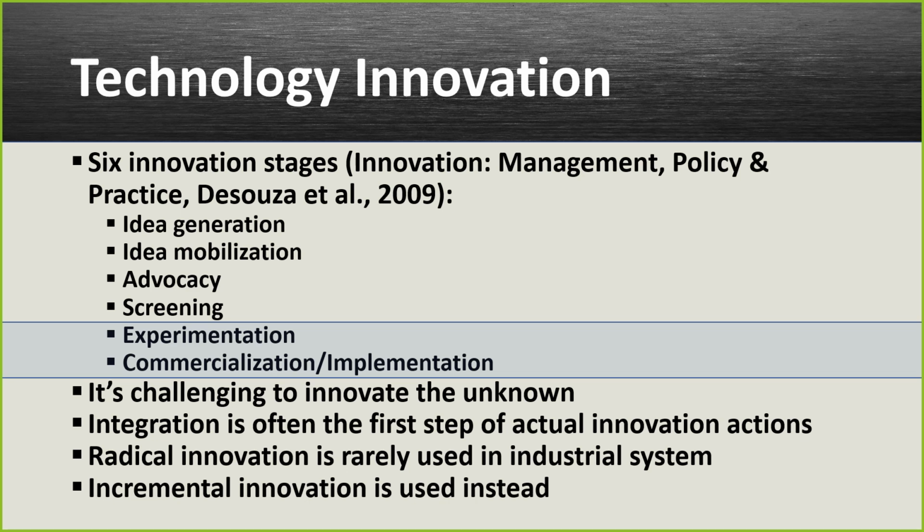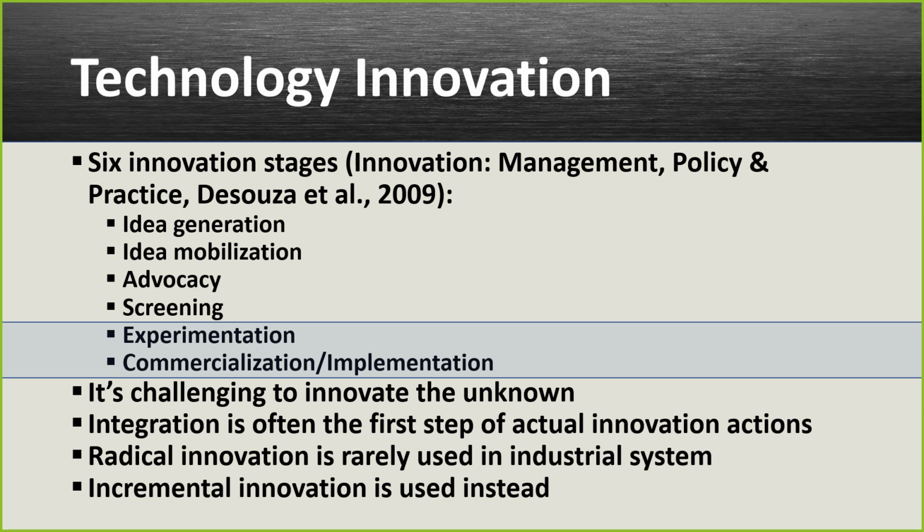So here's the thing. It's challenging to innovate the unknown. So how do you innovate something if you don't understand the thing that you're innovating? And that's why it's important to know what is already being used in industrial automation solutions so that we can best understand how the newer IoT solutions that are coming along can also provide a benefit. And there is a real stark difference between traditional industrial automation and the newer IoT automation that is being evaluated in industrial environments and other types of manufacturing and processing implementations.